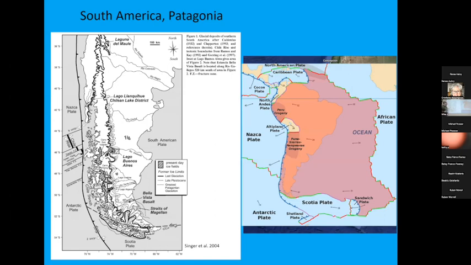Oh, yeah, so here's that image I just showed, the Nazca plate, Antarctic plate. There's a Scotia plate a little bit in the south, but I don't think that's doing much for plate tectonics and the rise of the Andes. I guess there used to be a small anticlinal plate. And then most of my discussion is from the central Andes south. I don't know nearly as much about the very northern bit.